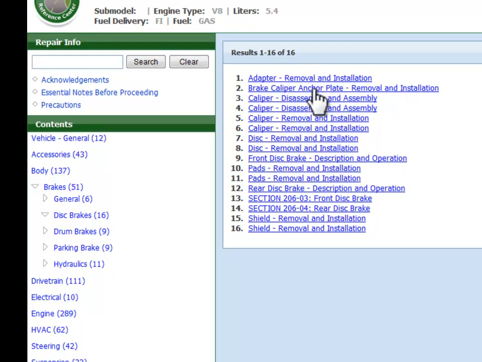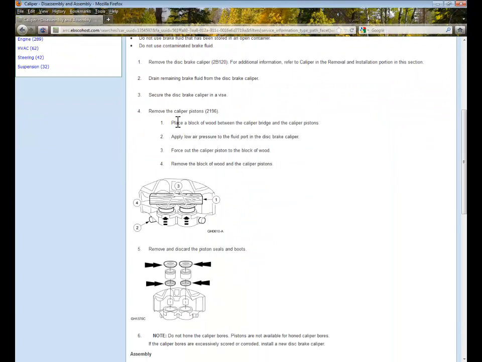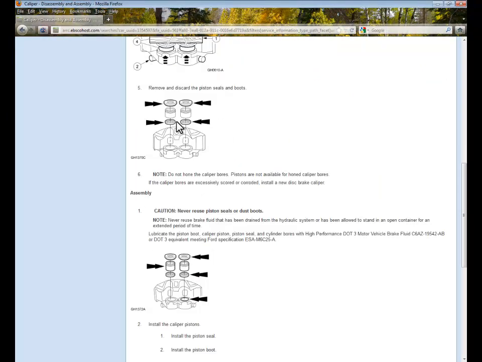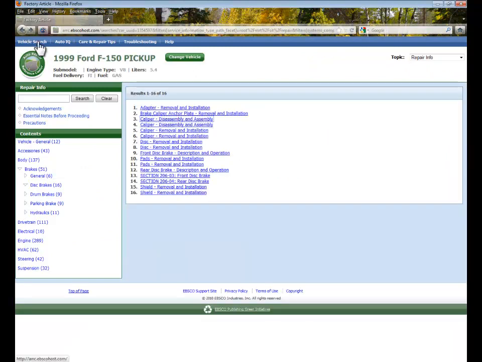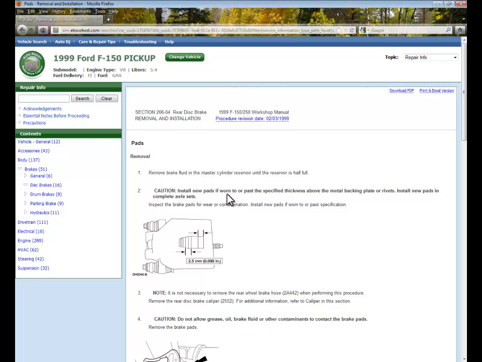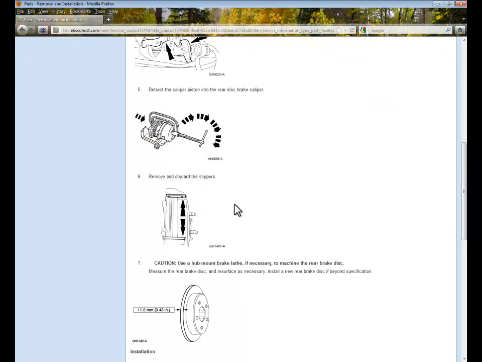And you can see there are how-tos on how to take the calipers apart, change the pads, change the discs and everything. If you click on an individual one, it brings up both instructions and diagrams on how to do different things. Now I'm going to open up how to change the pads, and you can see I have the same diagram as the last one we looked at,